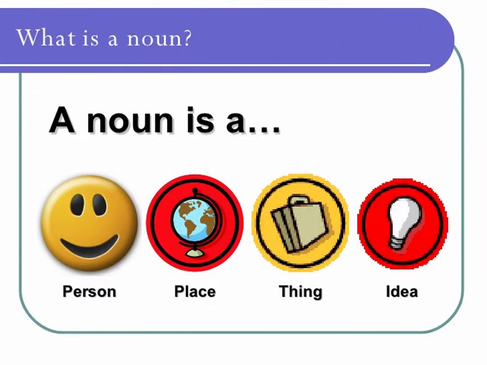This time we're going to talk about countable and uncountable objects. The first thing to know is, what's a noun? A noun is the name you give to people, objects, animals, everything we can see and talk about is a